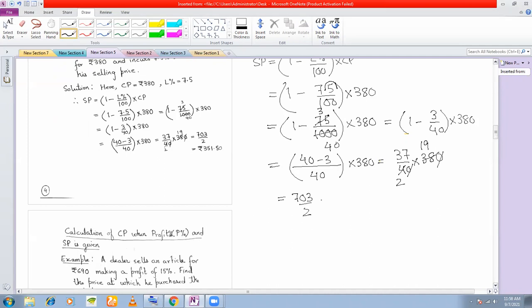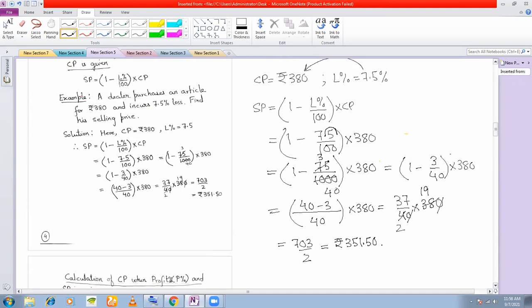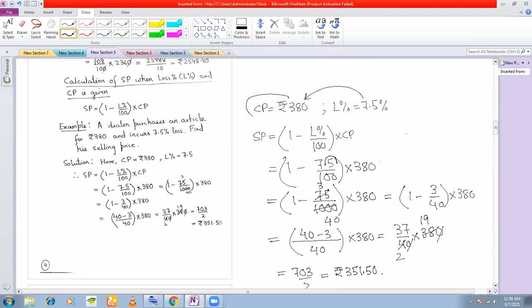And therefore, sir, I have a doubt, sir. Tell me. Sir, I am saying that the dealer has made a loss on buying it or selling it. On buying, as I told you, it is always on the cost price. Loss or profit is always on the cost price. So he has made a loss on the cost price. Means, sir, he has made a loss on buying it. Loss is always on selling. Only when you sell,